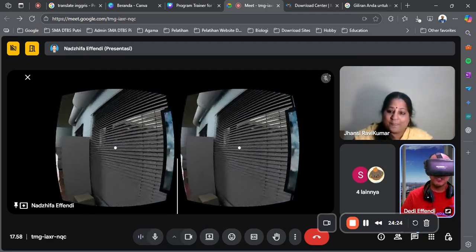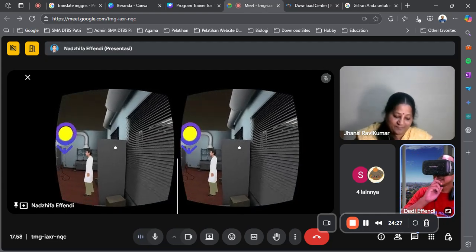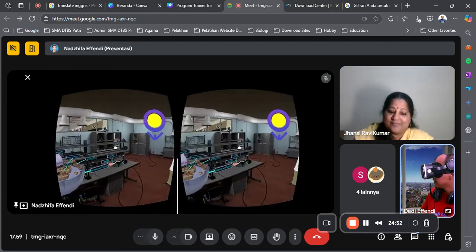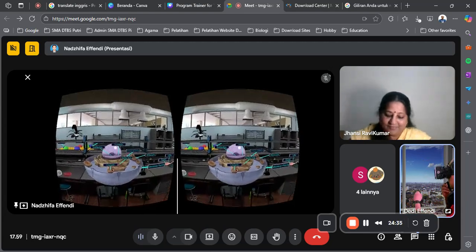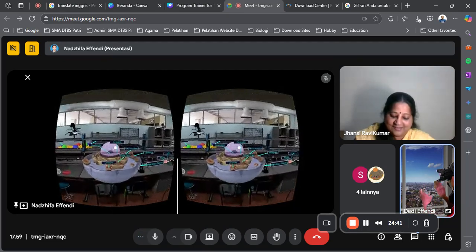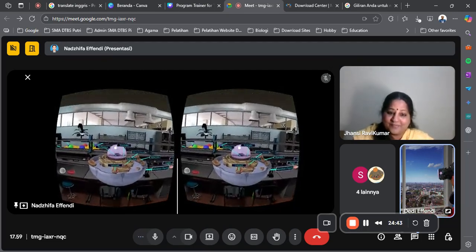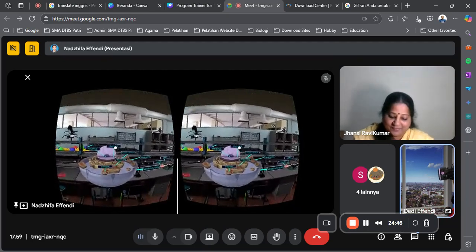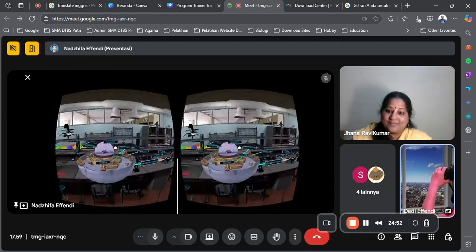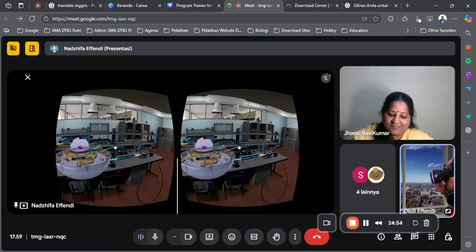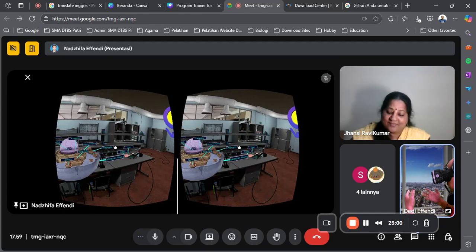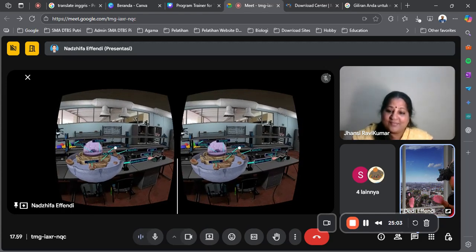But what if we want to display material like biology on our screen? Can you see the table in front of my eyes? There is a cell. There is a 3D model of the cell here. When students use these virtual reality eyeglasses, they can explore freely whatever object we want to display to them.